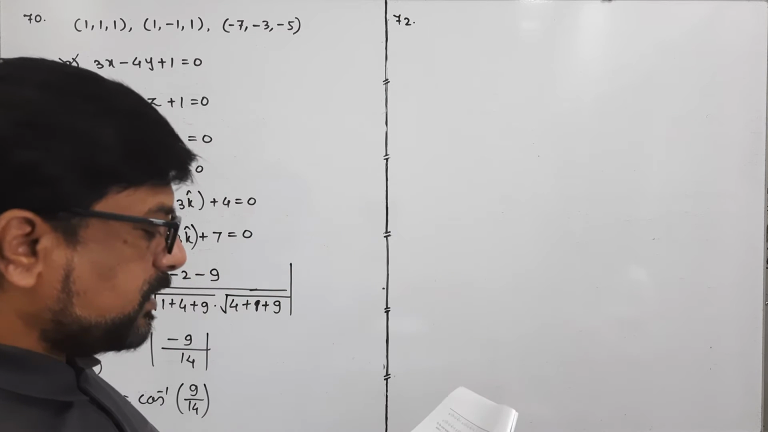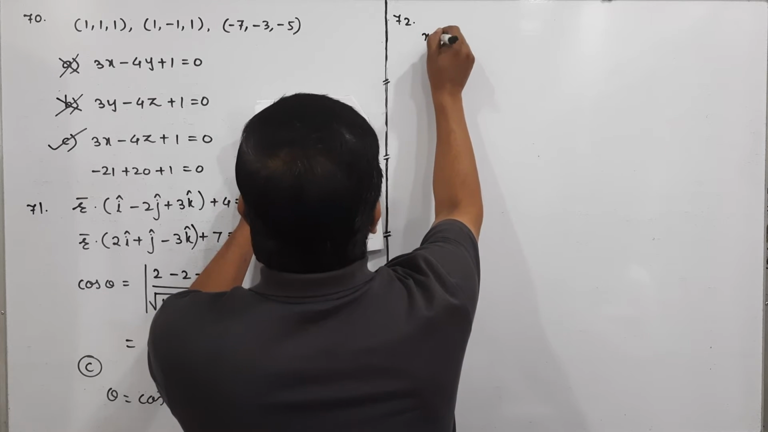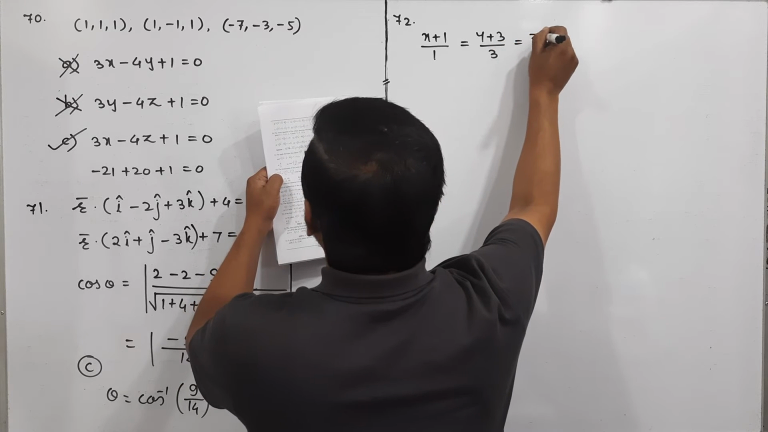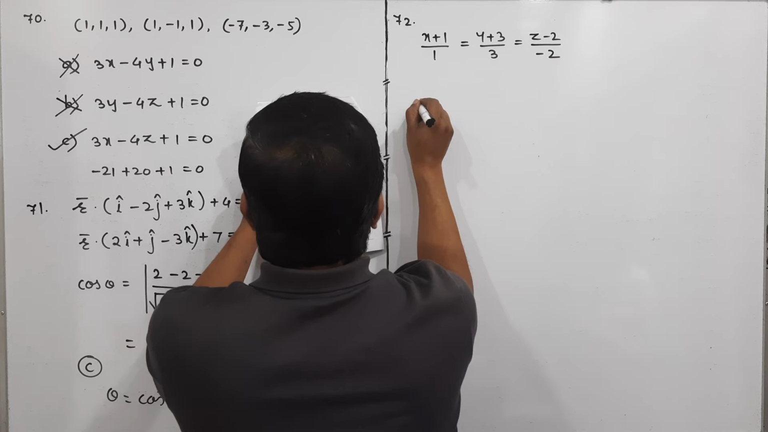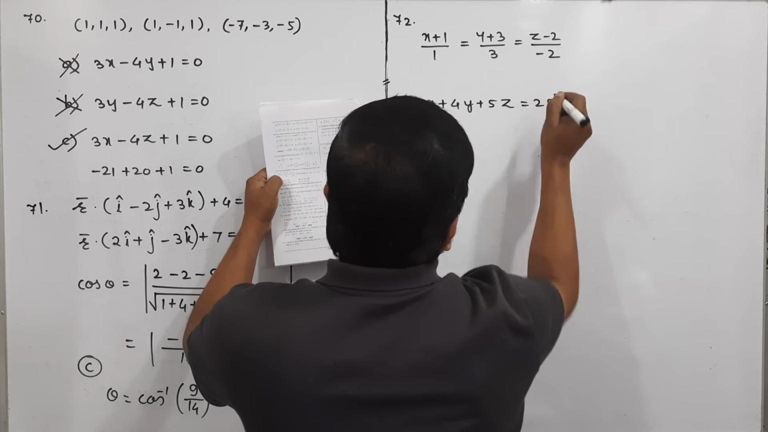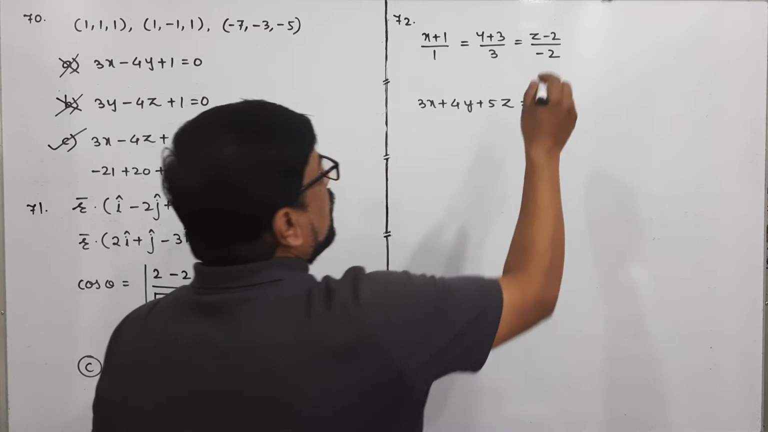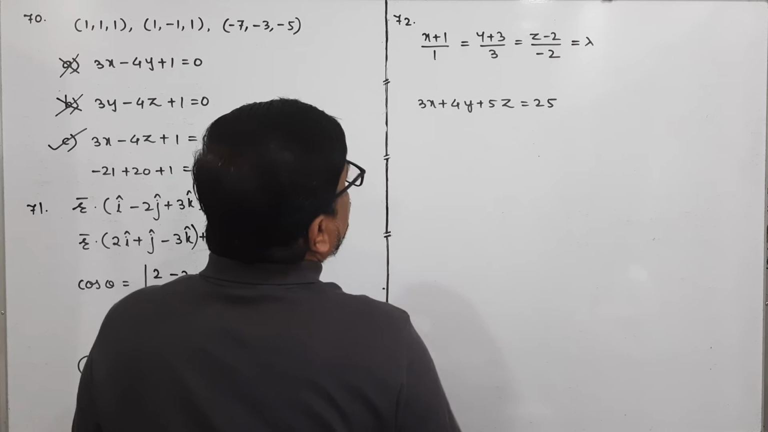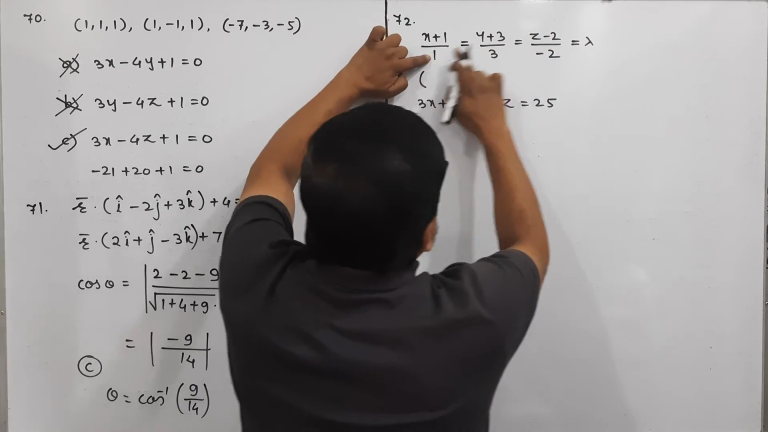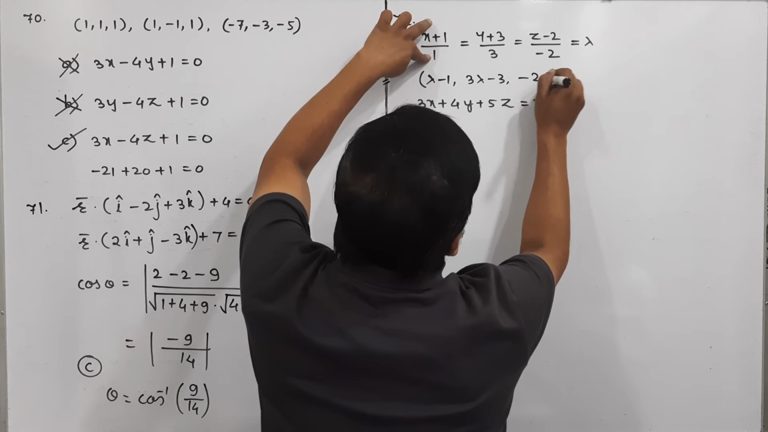क्वेश्चन नंबर 72, द कोऑर्डिनेट्स ऑफ द पॉइंट ऑफ इंटरसेक्शन ऑफ द लाइन (x plus 1)/1 is equal to (y plus 3)/3 is equal to (z minus 2)/(minus 2) with the plane 3x plus 4y plus 5z is equal to 25। क्या पूछा है देखिए, पॉइंट ऑफ इंटरसेक्शन ऑफ लाइन विद दिस प्लेन, तो इसको हम लैम्बडा कंसीडर करेंगे। तो पहले जनरल पॉइंट ऑन दिस लाइन फाइंड करेंगे, दैट इज 1 इंटू लैम्बडा माइनस 1, 3 लैम्बडा माइनस 3 एंड माइनस 2 लैम्बडा प्लस 2।